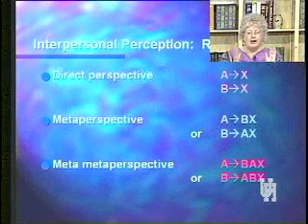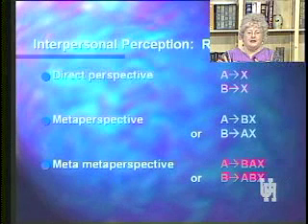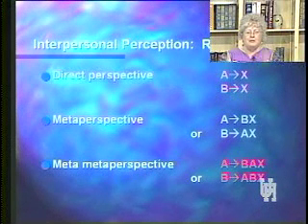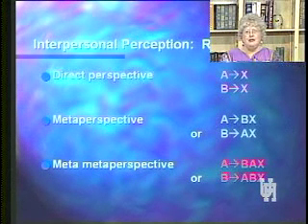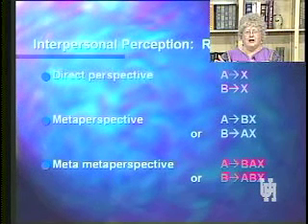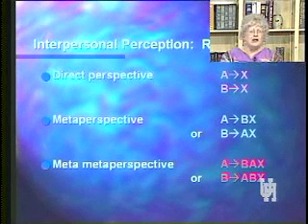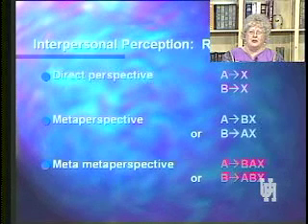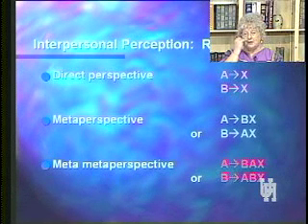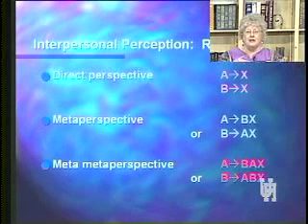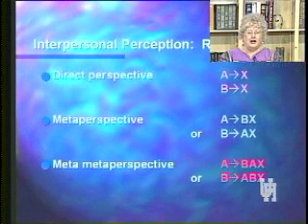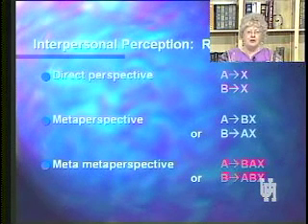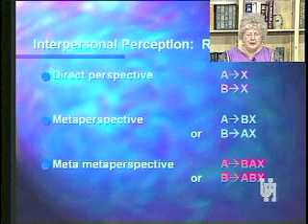So, for discussion purposes, we stop at the meta level. And we say direct perspective, I like chocolate cake, I hate raw onions. Meta perspective, I think you like raw onions, I think you are allergic to strawberries. Okay, that's my meta perspective. Meta-meta says, I think you think I like something or whatever. See how it works? Anyway, we won't beat that to death.